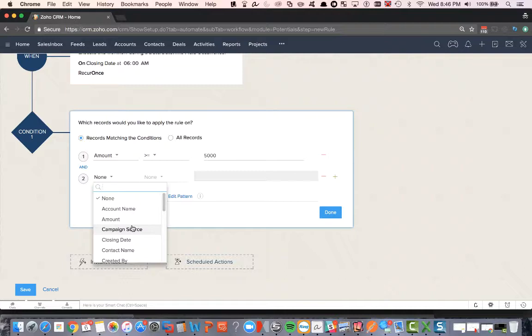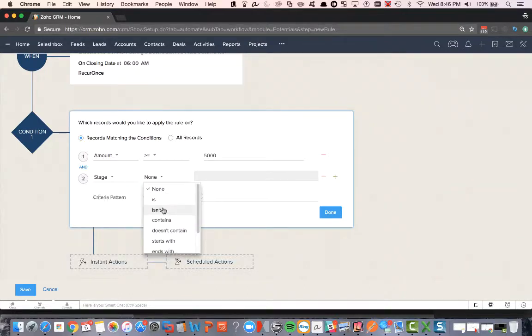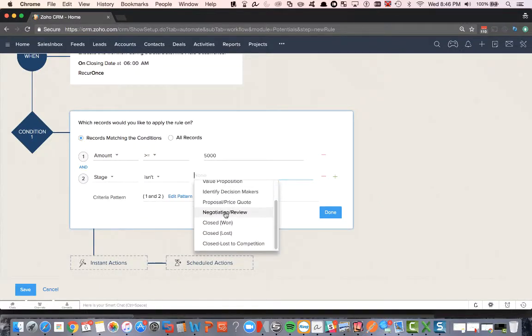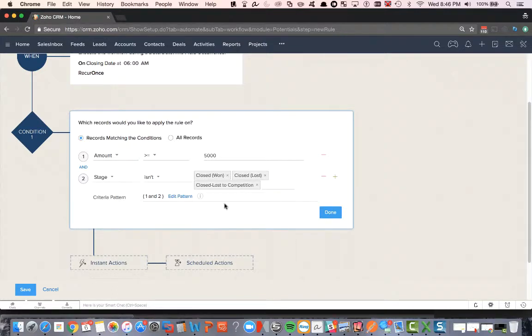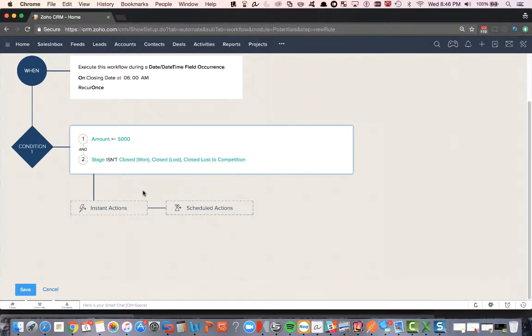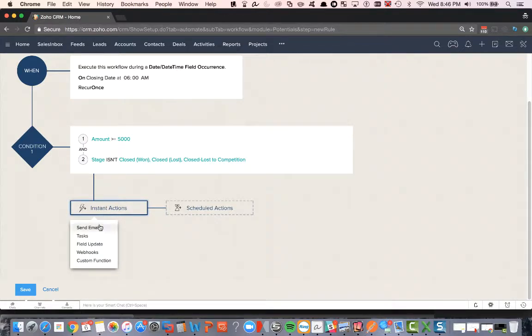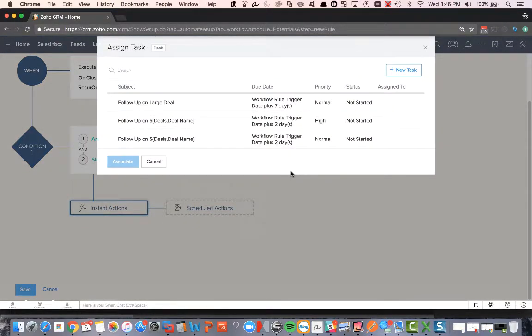So this will be at the stage. We want to look at the stage of the deal. It isn't either closed won, closed lost, or closed to competition. I know if it's anything else, that it's open still, and I want the task to be created. All right, so now I'll set up my action, same as last time. Create a task,